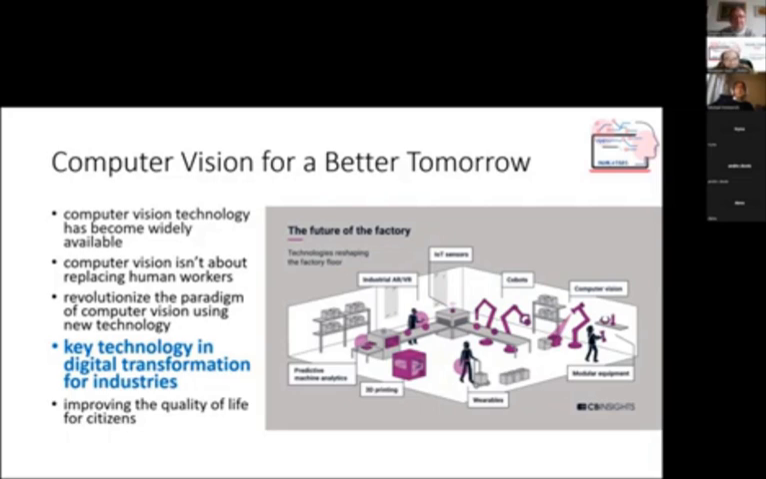So, computer vision. If we have time for questions, we should try to. Okay, I will